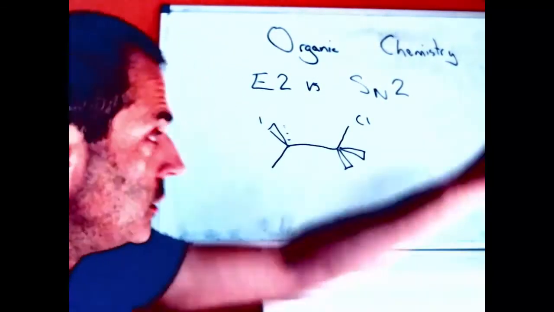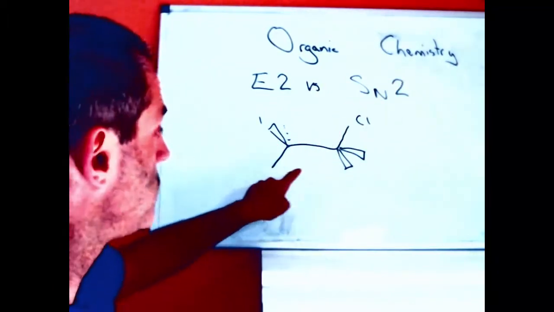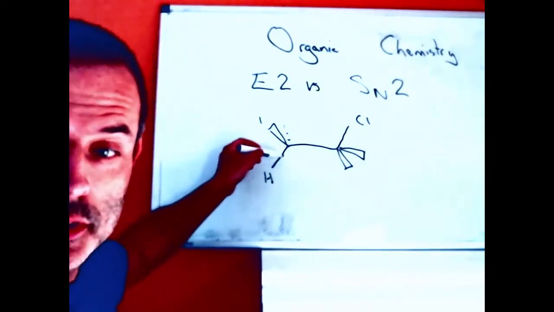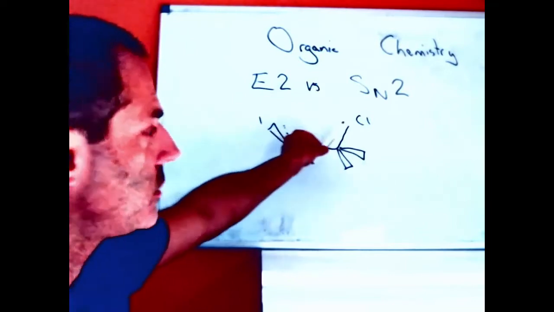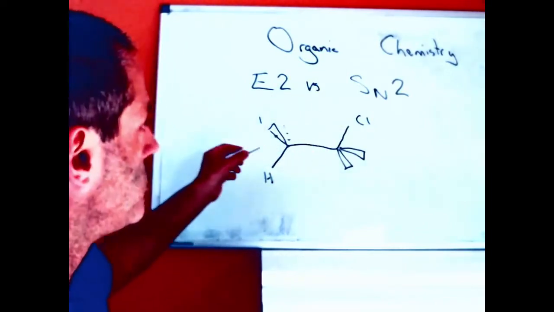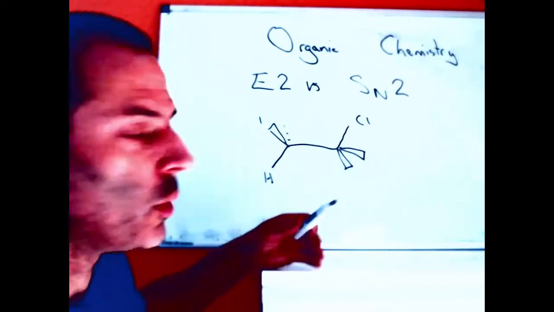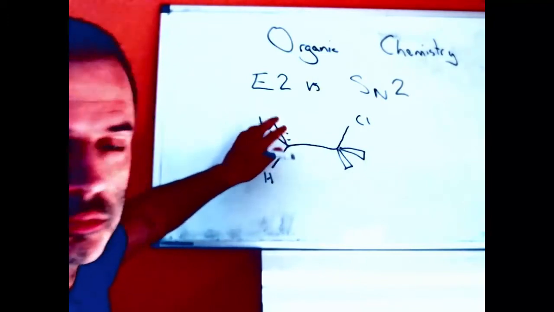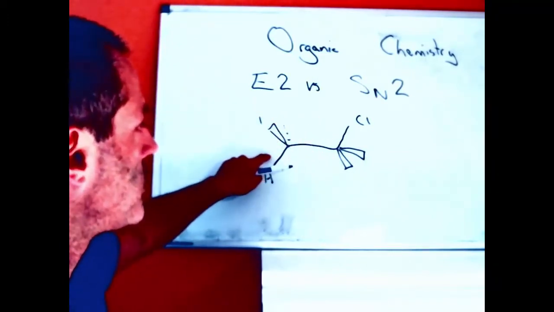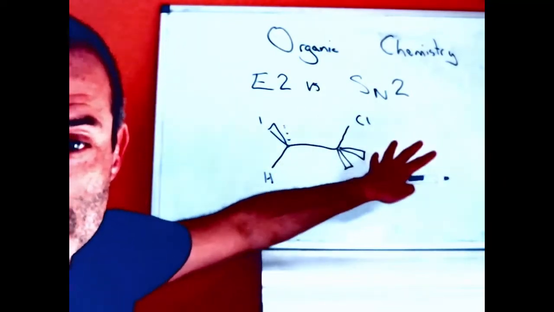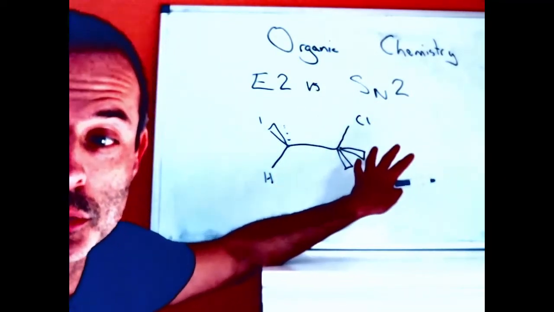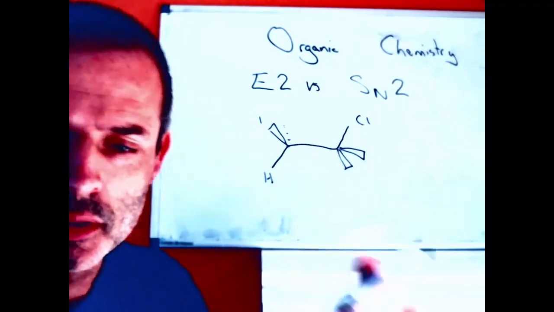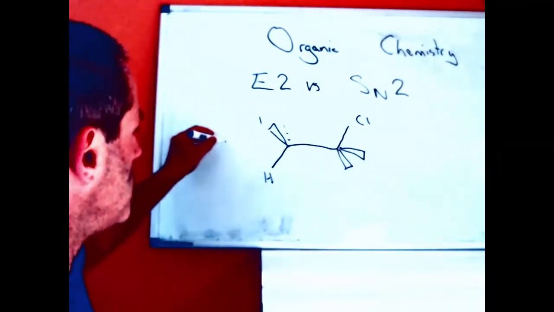So if we imagine an E2 process, it is important in that case that we get this geometry with our hydrogen down here, so opposite and flat in plane to the leaving group, and that will be predetermined by the shape of our molecule, which we may or may not be able to change. But if our molecule is fixed, so it's a ring, and it's fixed so that the hydrogen and the chlorine are on the same side of the molecule, then we cannot do E2. An example of that would be a ring molecule, which is in the Masters Chemistry website,